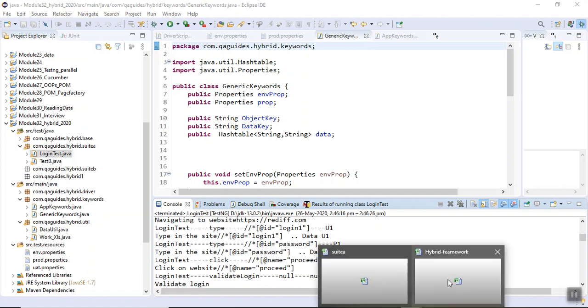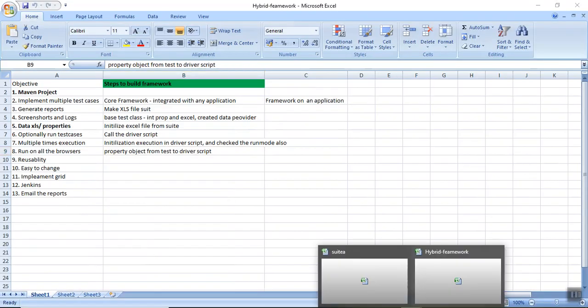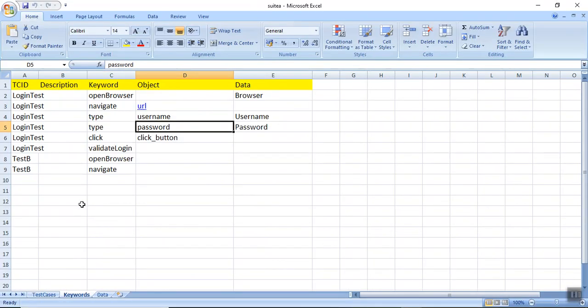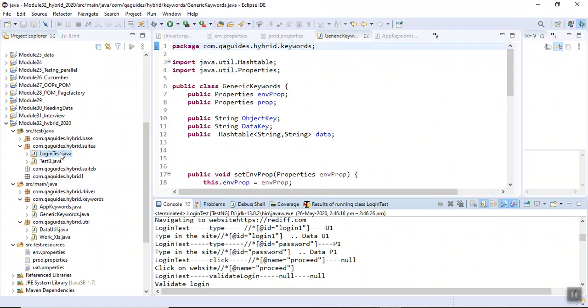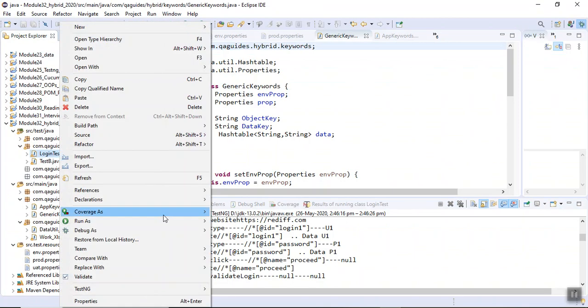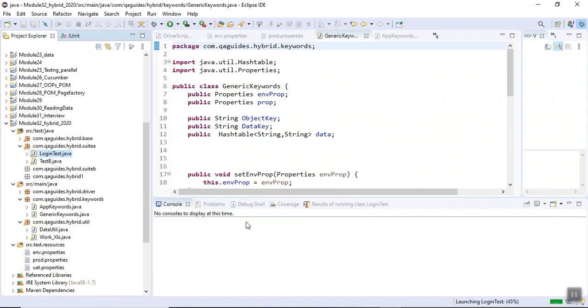Now what I do, I go to my suite and what I make my test case this also yes. Okay, fine, save it. Now let me run it. It will run two times.